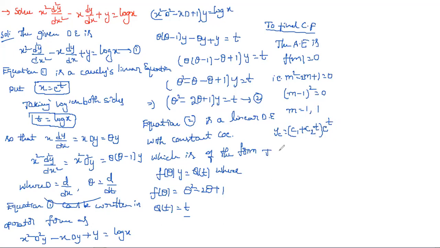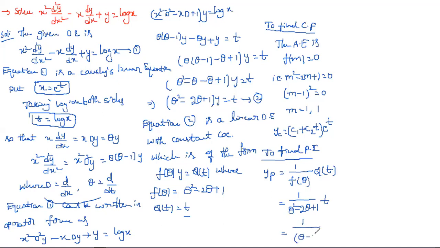Now we need to find the particular integral. Here yp = 1/f(θ) Q(t). So this is equal to 1/(θ² − 2θ + 1) into t, and Q(t) is nothing but t. So this is equal to 1/(θ − 1)² into t. Which method is it? t is nothing but a polynomial, so that is type 3. So for that yp is equal to...